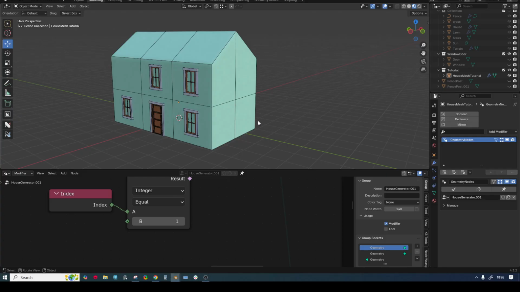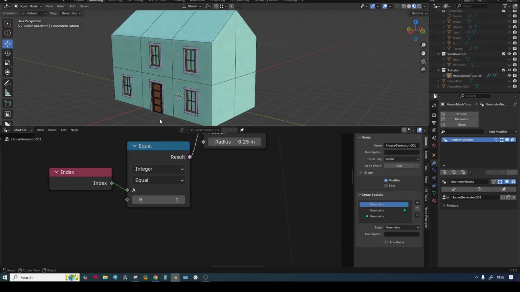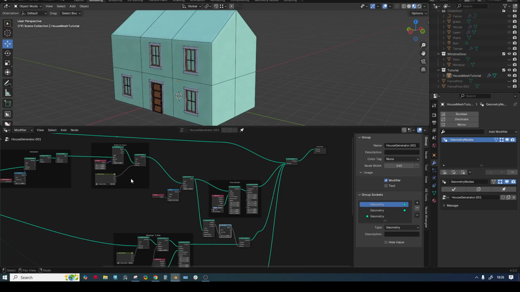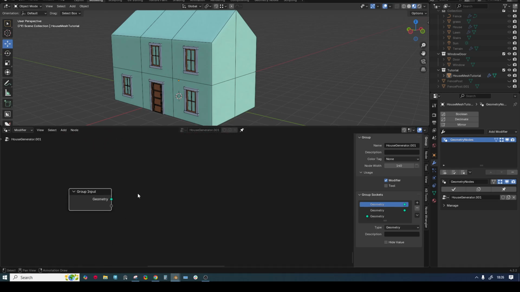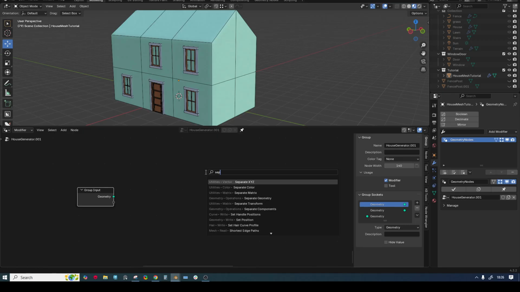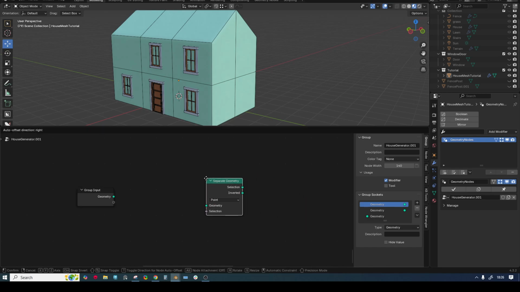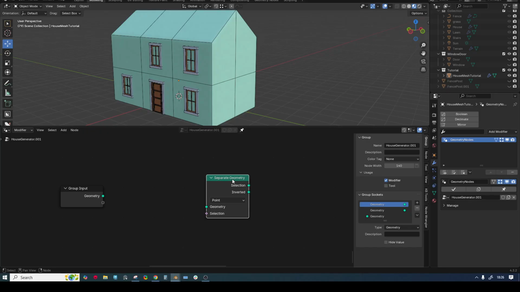Alright, so to do that we'll have to, like we did with the ground floor, isolate this upper part, and then we're gonna extrude upwards. And let's do that. Let's copy our output here where we have more space, and let's separate the roof. So we're gonna have again a separate geometry, and we're gonna switch to face,